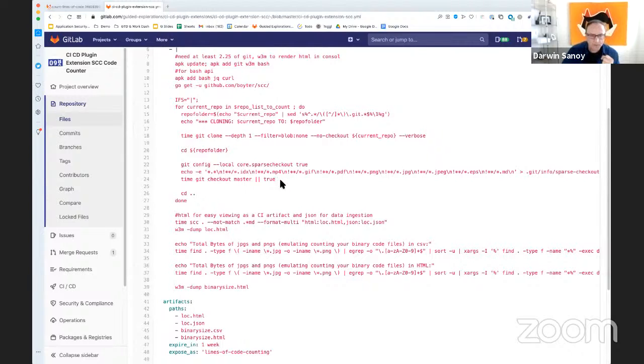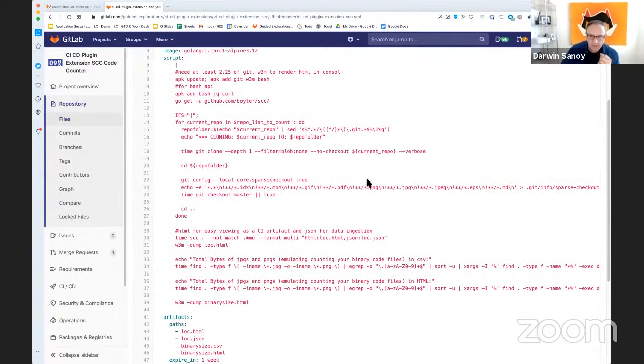Right here, we're eating errors that have to do with checkout. But now we have this issue where our Git clone,